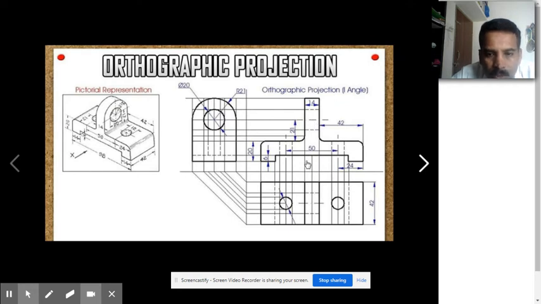After completing these projections, draw all these projectors, which we call projection lines, so as to take the reference of these projections from the front view to the top view. In the top view,